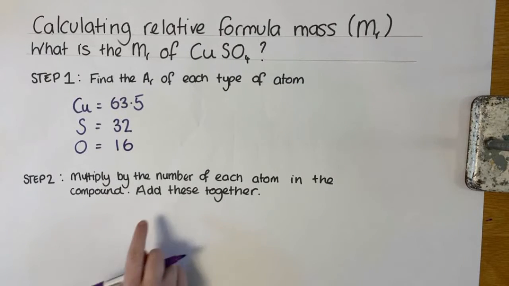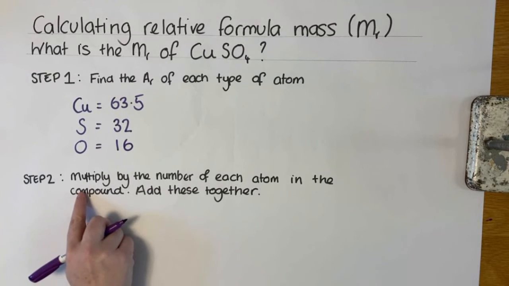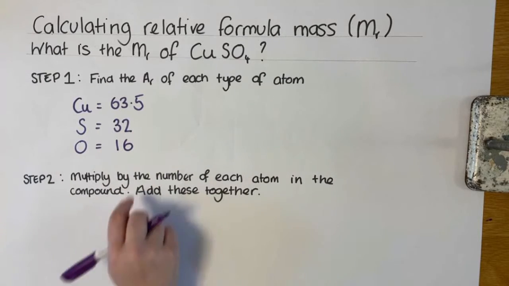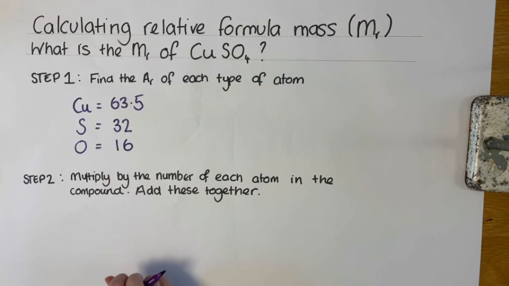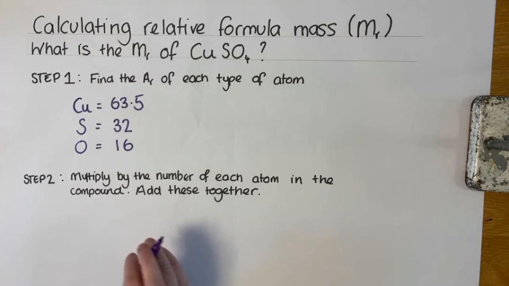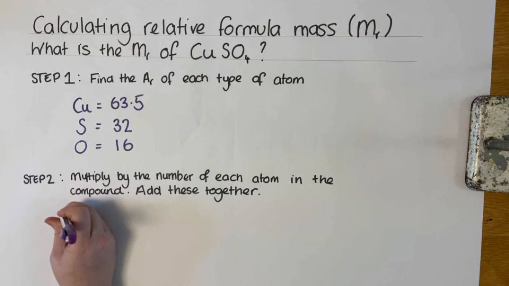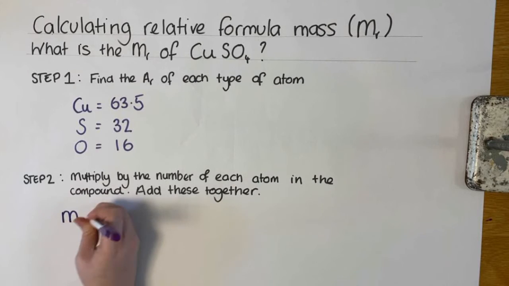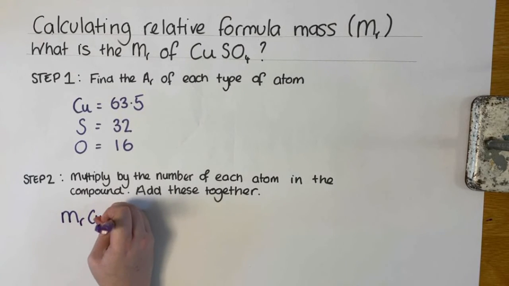Okay, the next thing we need to do is multiply each of these masses by the number of atoms that is present in my compound. And then once I do that, I add them all together, and that will give me my final answer. Now, often it's easier to write this out as one single calculation, and something we need to remember is if there isn't a number present next to something, it means there's just one of those atoms present within the molecule. So if I want to work out the formula mass of copper sulfate, which is CuSO4,